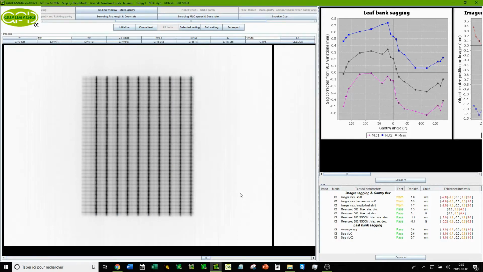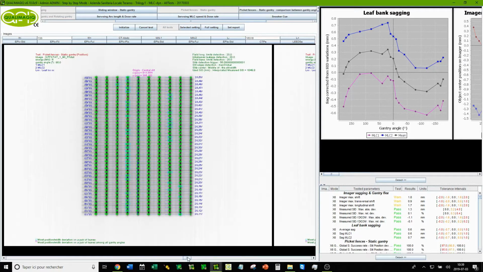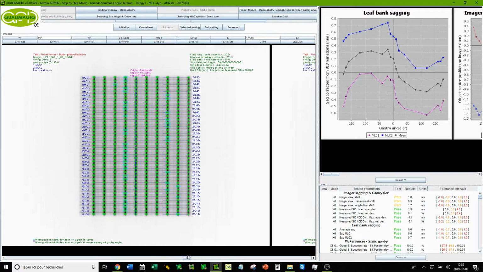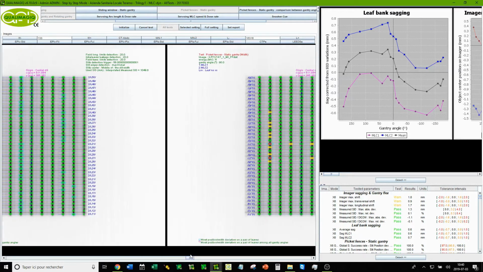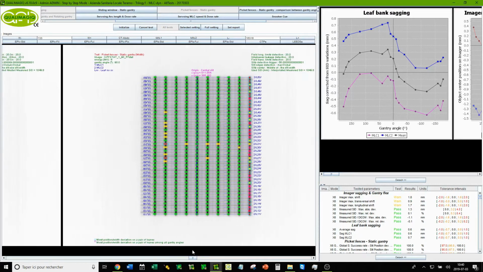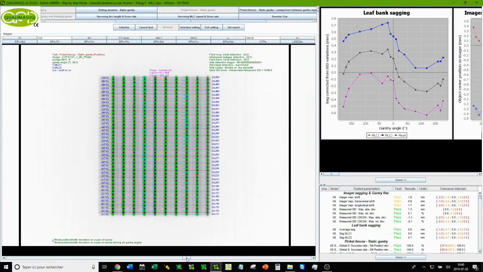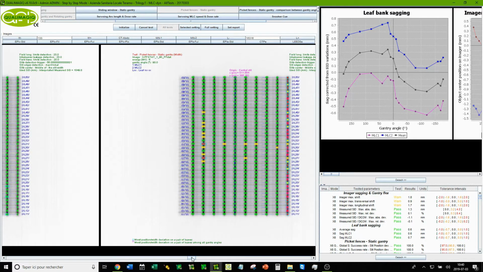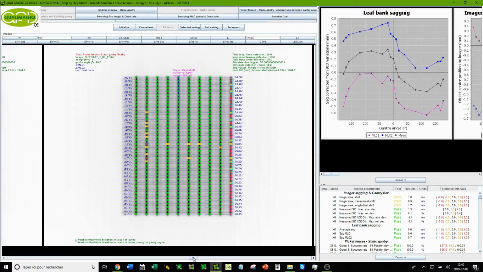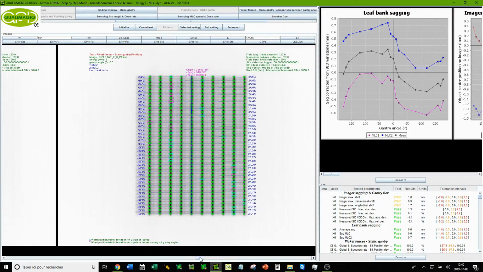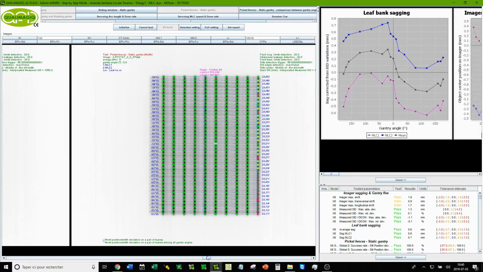We will observe that the impact of the sagging of leaf banks does not exist with a static gantry. Here there is no problem with the position, with a tolerance of 0.2 mm with a gantry at 90 degrees. For the 400 widths tested, you can see that problems with the width begin with the last slit, with a tolerance of 0.2 mm. Now with the gantry at 0 degrees, we again have problems, but less intense, with widths